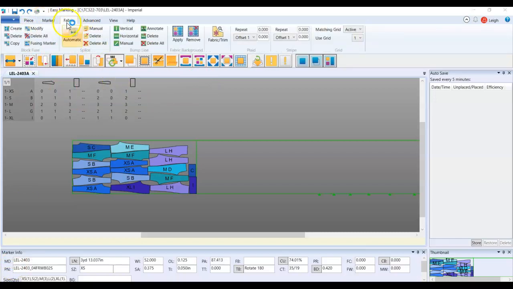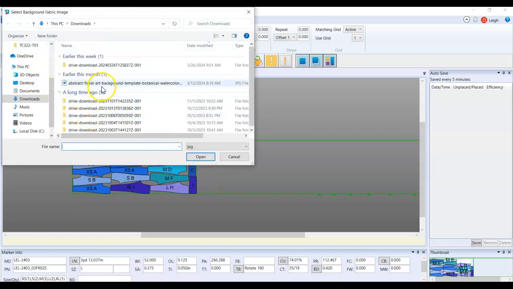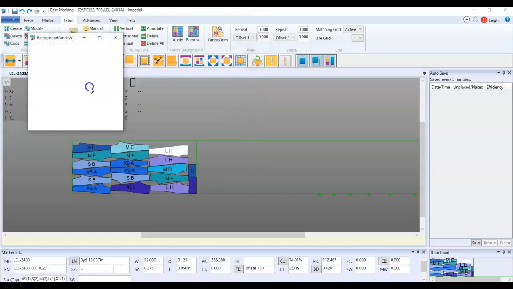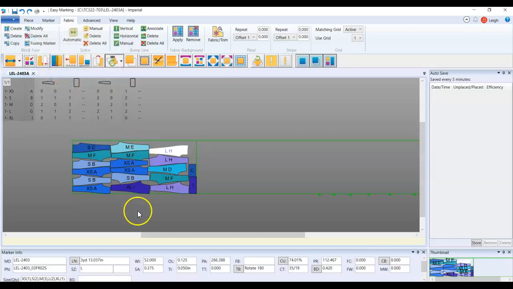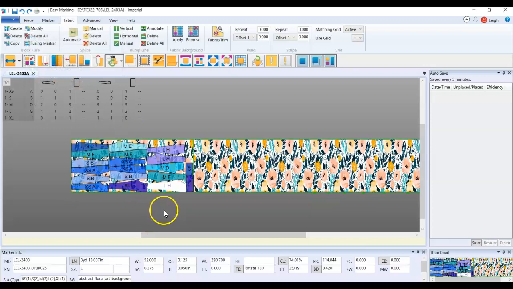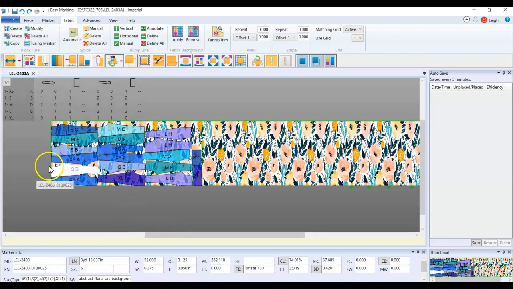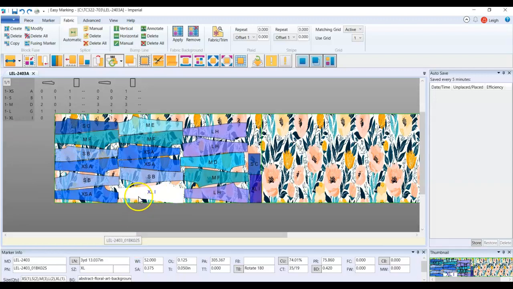Under the fabric menu, you can apply a fabric to your background. So if you were doing a print placement, right? So let's say I wanted this whole thing to stretch out across my entire width of my fabric. I could do this. I don't know what the scale of this is, so it might look a little stretched. But essentially you can enter the width and height. Yeah, I got a little smushed, but of your fabric,